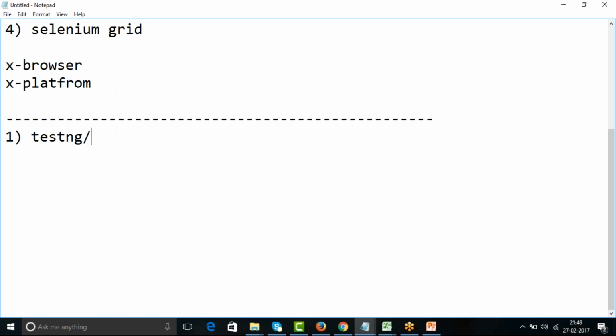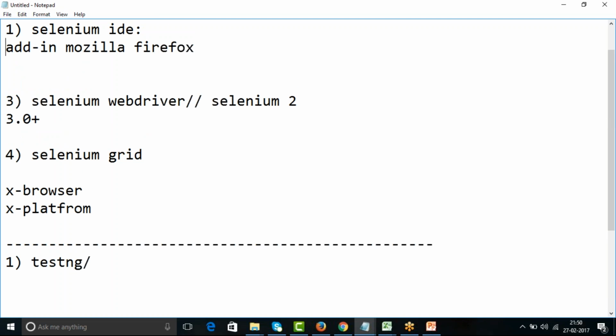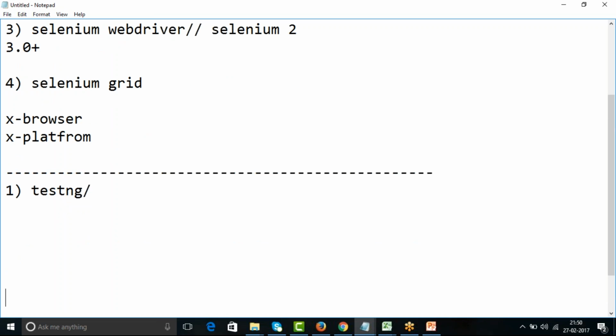Or we can use JUnit or NUnit also for this purpose. But in the course, I am going to take testing. This is just an example. I mean to say, your Selenium can be integrated easily with some third-party free or open source versions to carry out the testing activities. So like this, we'll be using TestNG, Apache POI, a lot of things in